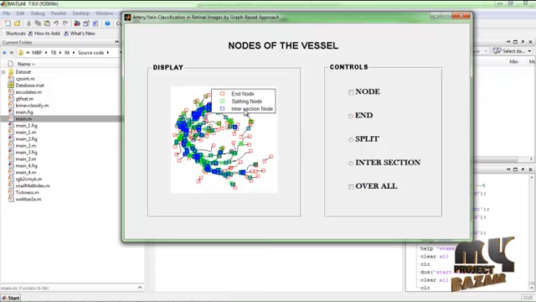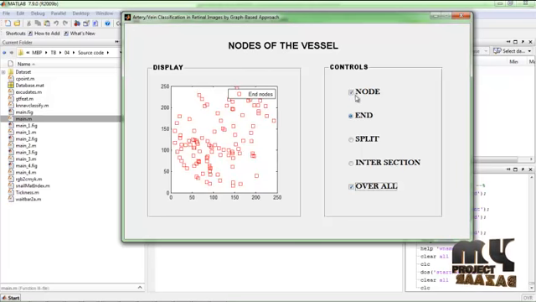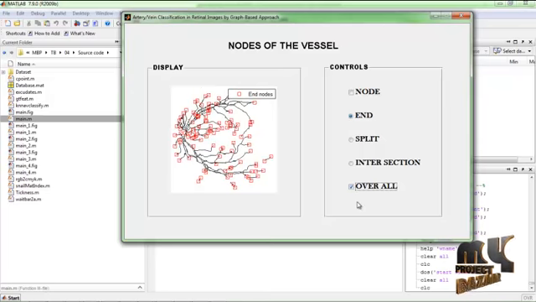The intersection node is shown where the artery and vein interact. The splitting node is where the vessel splits, and the end node is where the vessel ends. These options help to find only certain nodes, or the nodes with the vein only. Here we choose different types of nodes with different options.